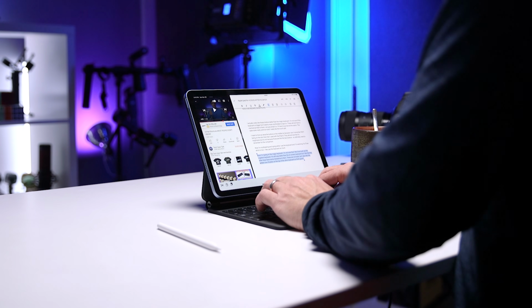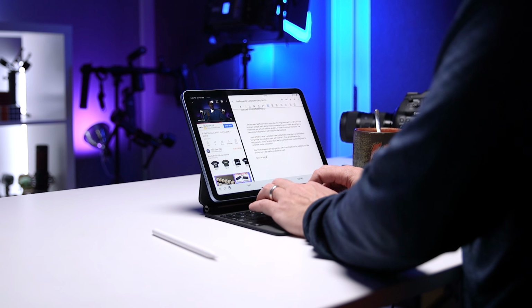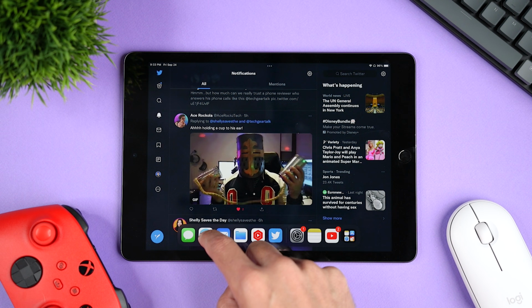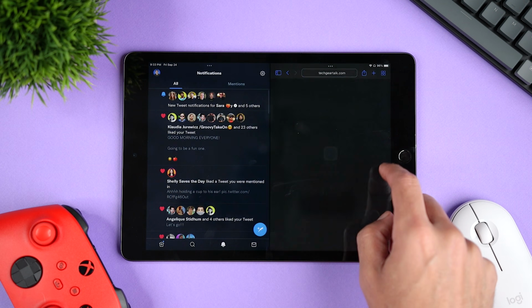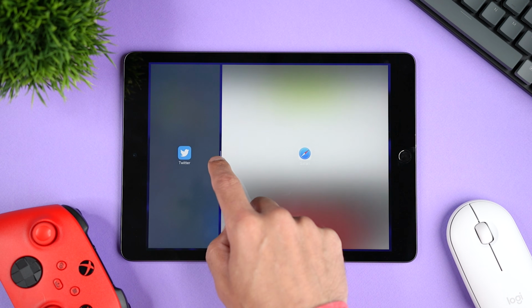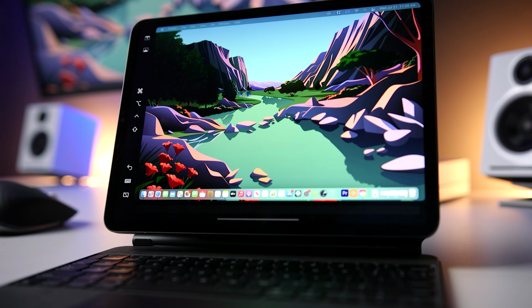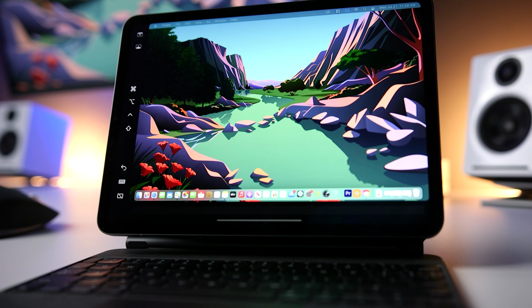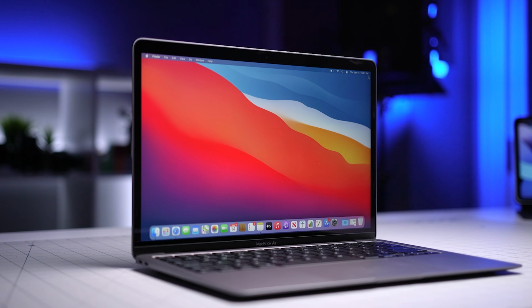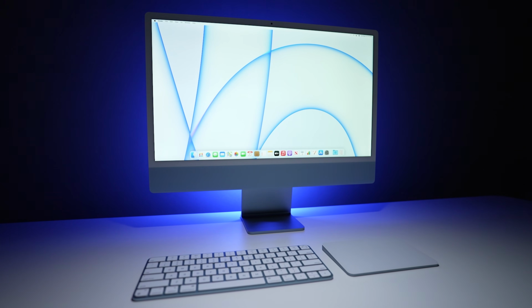I also tested multi-app workflows with all the new multitasking capabilities of iPadOS 15, and although the iPad Air 4 has 4 gigs of RAM and the iPad 9 has 3 gigs, I didn't really notice any significant differences in starting, switching between, or closing apps. And no matter which apps I had open at the same time, both iPads were very responsive. Both also worked really well for me with Sidecar, so if I wanted to use them as an additional external display for my MacBook, Mac, or iMac, I had no issues.